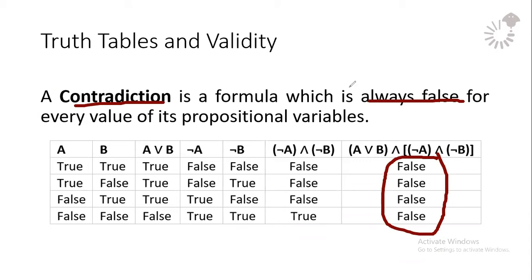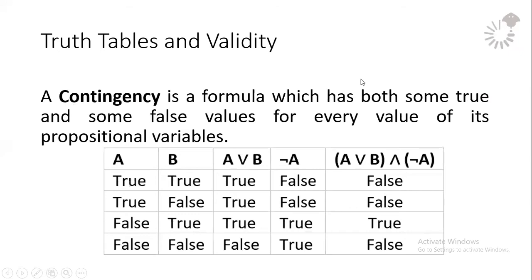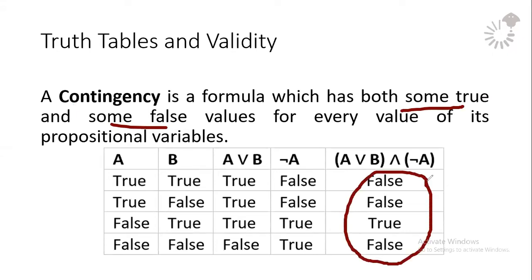Okay? Tautology, puro true yung truth values. Contradiction, puro false yung truth values. Contingency, if it has some true, some false sa answers, doesn't matter kung ilan yung false or ilan yung true. Ang tawag dyan ay contingency. Follow? Tautology true, contradiction false, contingency, combination of true and false. Okay? Next.